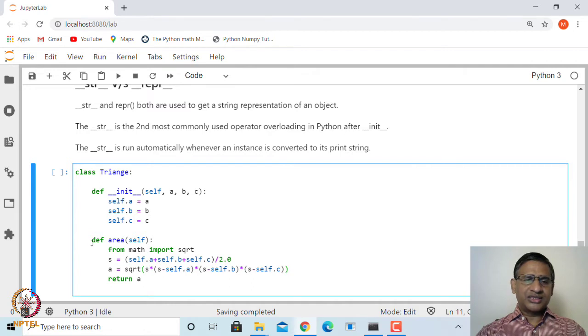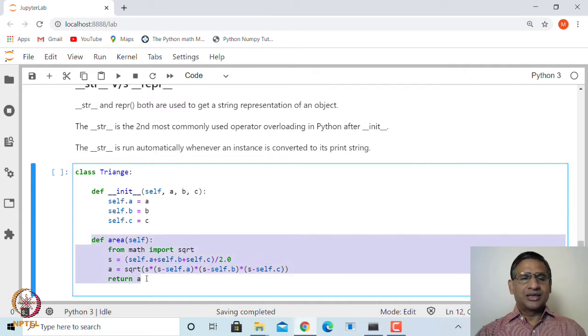You can see this method is exactly the same as creating any function outside the class. When it comes to creating a method, there is no difference between creating a method and creating a function. Class methods are nothing but user defined functions.